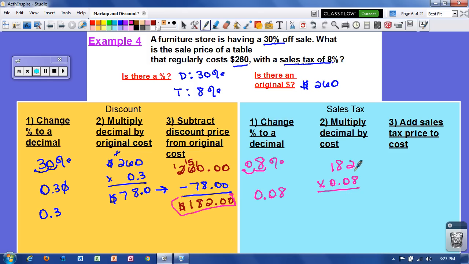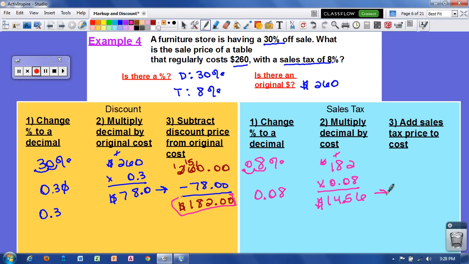0.08. Alright, 2 times 8 is 16. I'm going to carry the 1. 8 times 8 is 64, plus 1 is 65. 1 times 8 is 8, plus 6 is 14. And then if I multiply all of this times the zeros, I will just get zeros here and get the exact same thing, so I can stop there. I have a total of 2 decimal places up top, so I have to have a total of 2 in my answer. So sales tax is